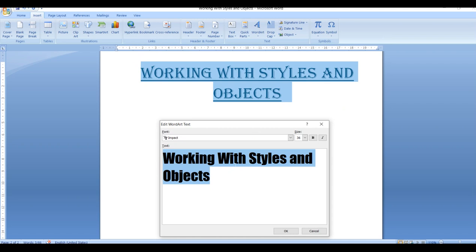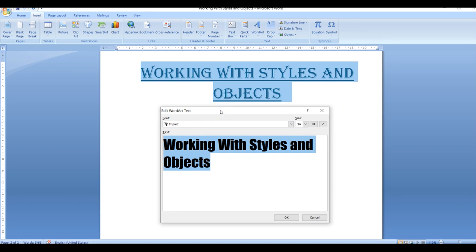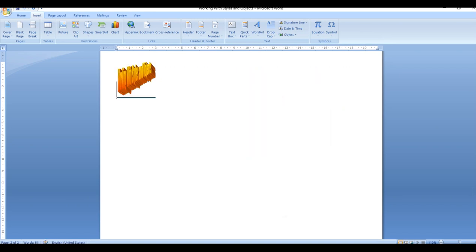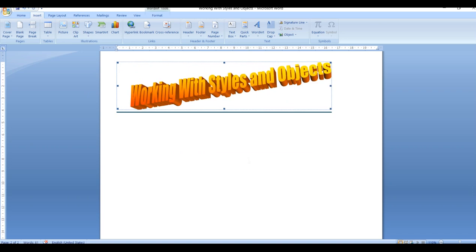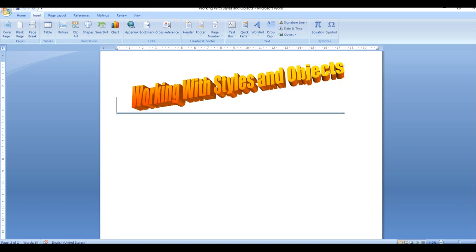See here, when I say copy over there on the screen, my copied text directly comes over here in my edit word art text dialog box launcher and I just say OK. When I say OK, it comes very small. So I don't want it to be small. I want it to be quite big. So it's just a 3D effect which is given. So this way we are going to insert our word art